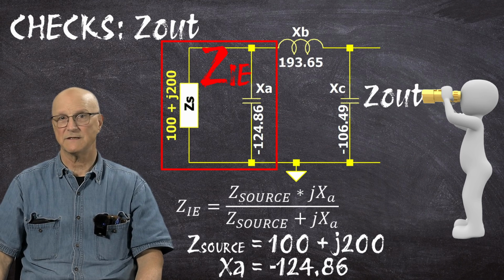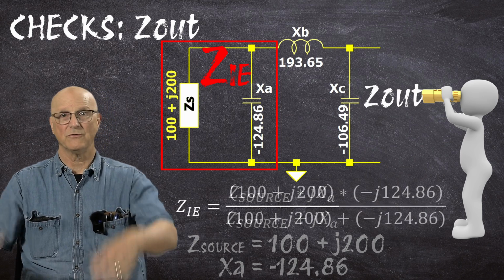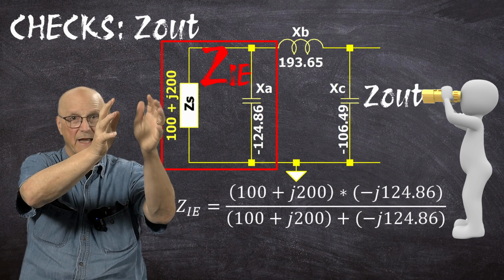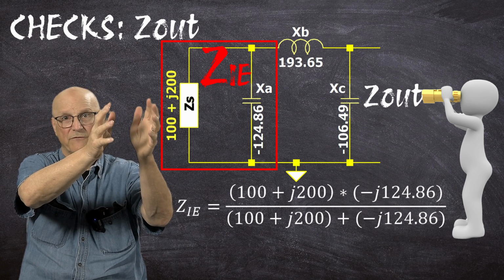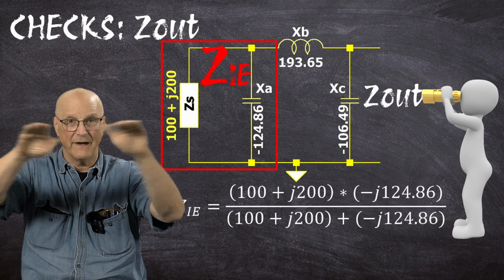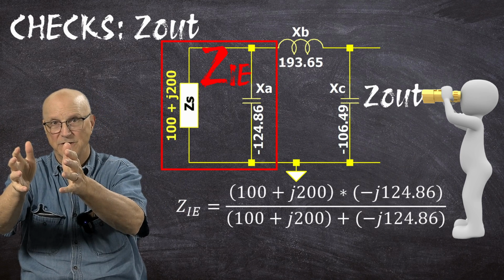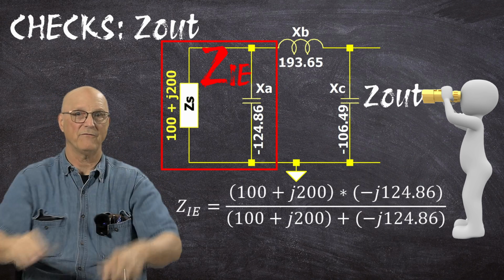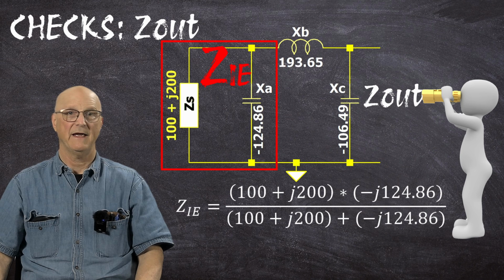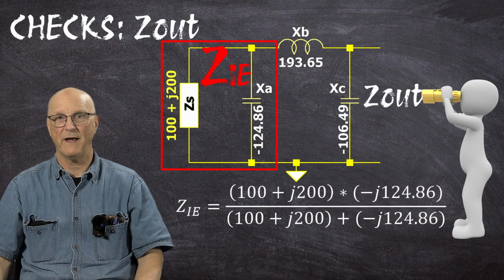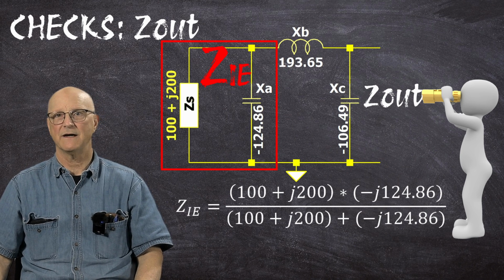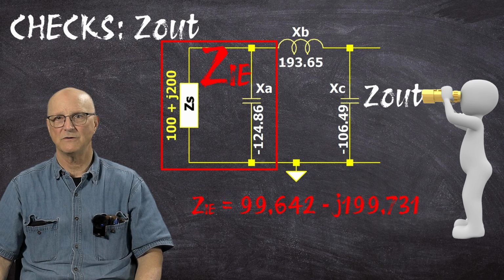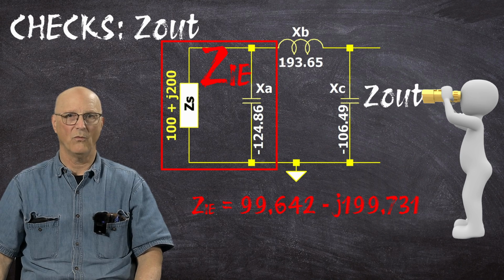That gives us that Z_IE is equal to 100 plus j200 times a negative j124.86 divided by 100 plus j200 plus a negative j124.86. And using OCTAVE to do the math, I get that Z_IE is equal to 99.642 minus